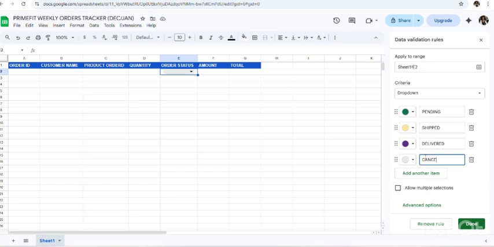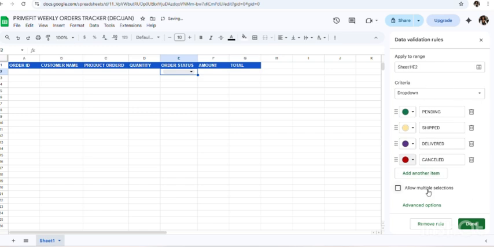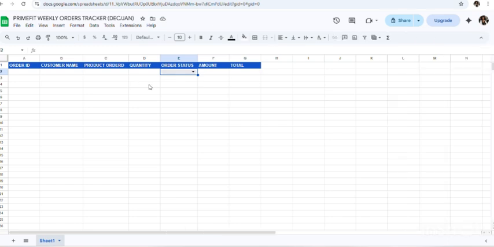So the last one on the list is cancelled. So when we select cancelled, we go for red, then we'll select the red color, and that is that for the list under the other status. Okay, so once we are done selecting, we tap allow multiple selection, then we close it down. Okay, so under the other status, when we tap the arrow under it,